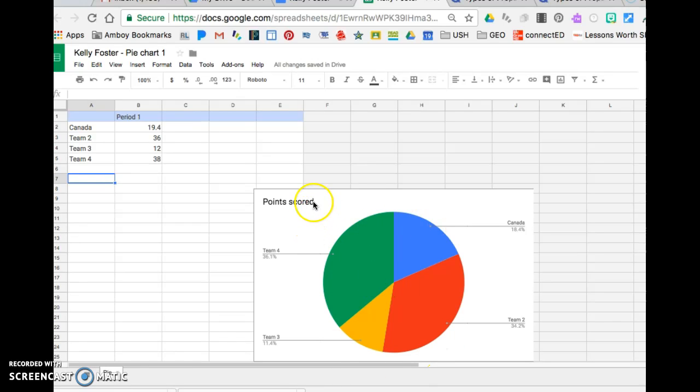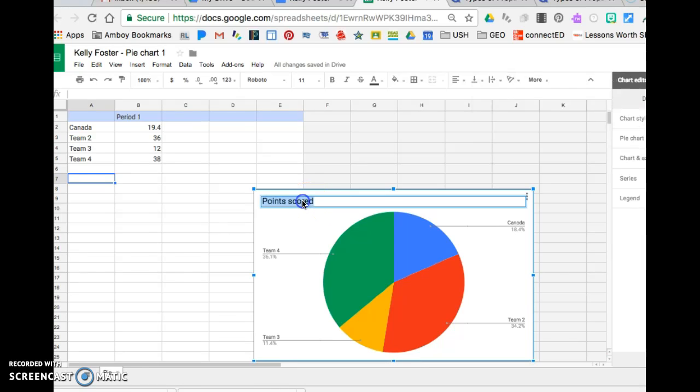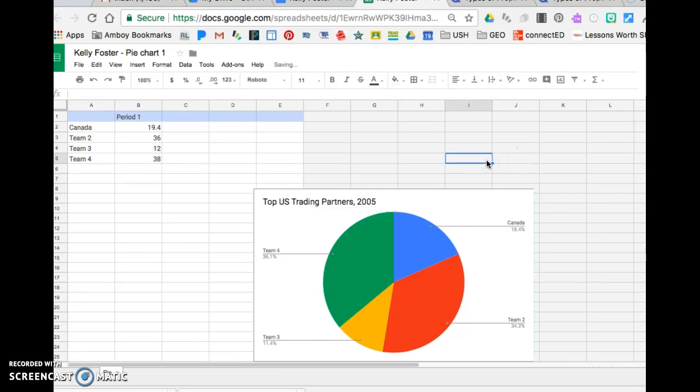You also will want to change the title on your pie graph, and you can do that just by double clicking on it. And let's change it to Top U.S. Trading Partners 2005. Okay? Once you're completed, now this is not completed, but once it is completed, you should be able to